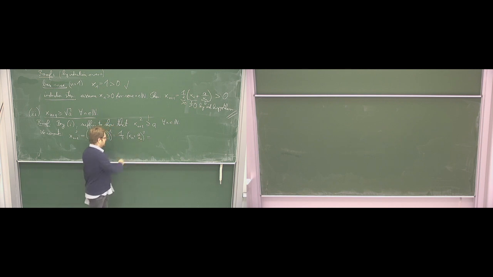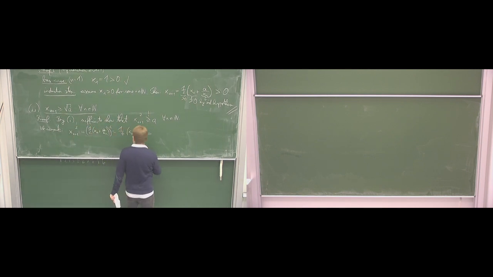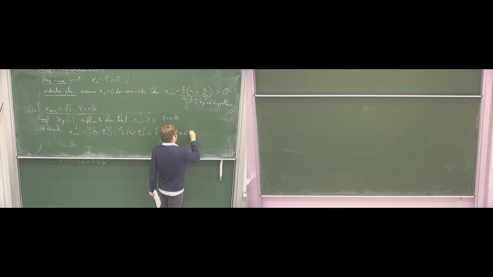Okay, and if we compute this, simply by using the standard formula for these quadratic powers of some sums, this is 1/4 (x_n squared plus twice this times this, and of course the two x_n cancel each other out, so the middle term is just 2a, plus a squared over x_n squared). Okay,